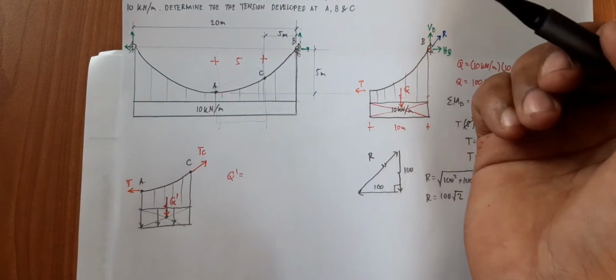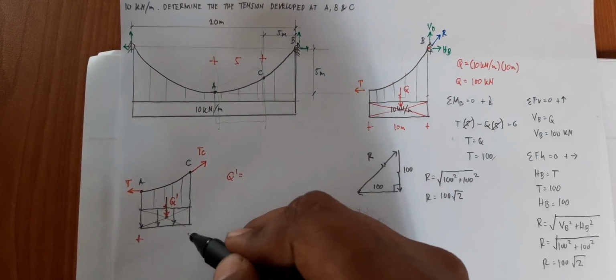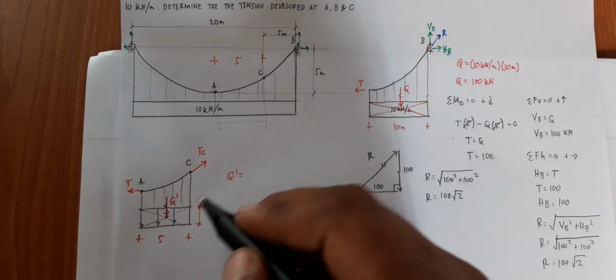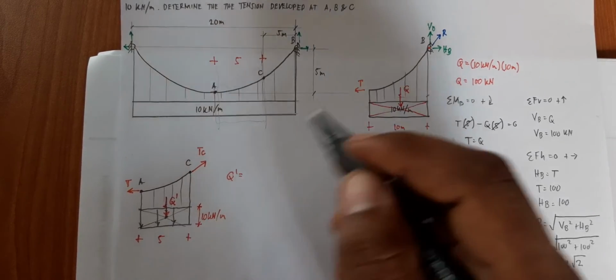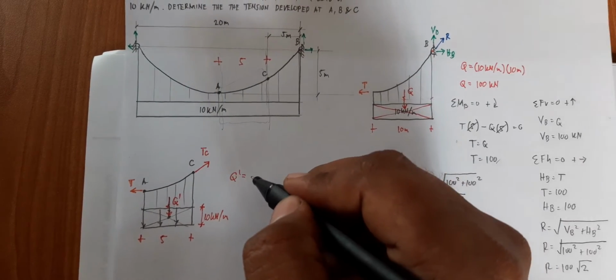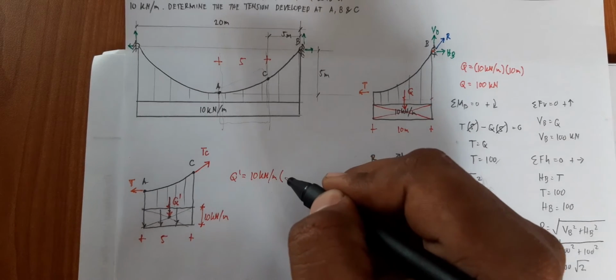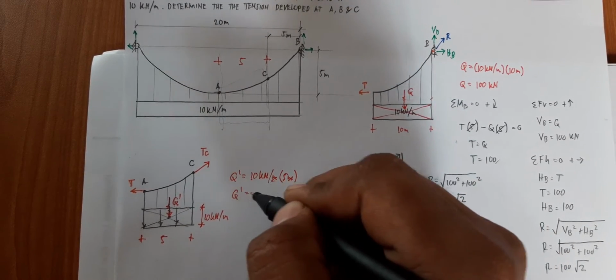Going back, Q prime now is equal to, you have here span, that is 5 meters. You have your uniform load magnitude, that is 10 kilonewton per meter. So basically, you just calculate the area of your load diagram. 10 kilonewton per meter multiplied by 5 meters. So meter and meter cancel. Q prime is equal to 50